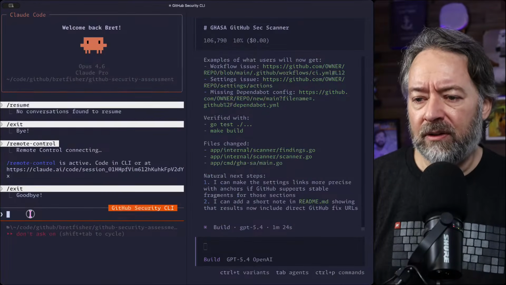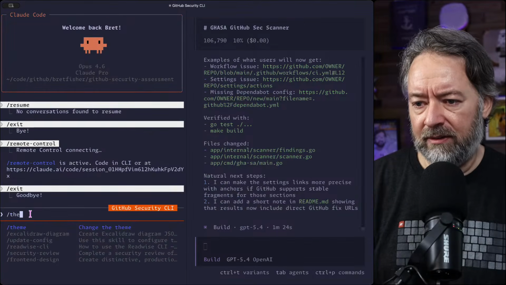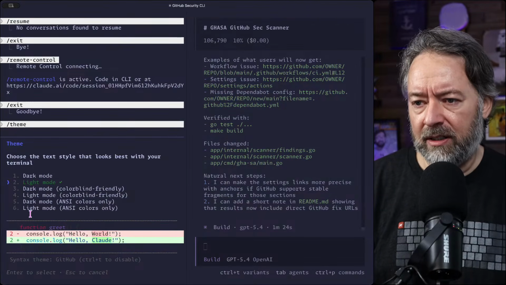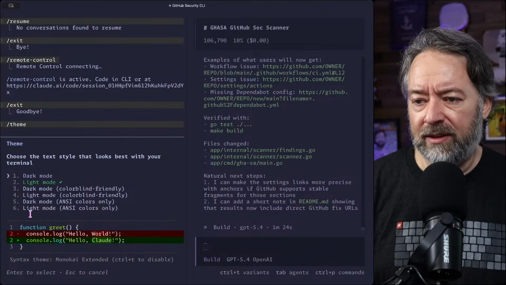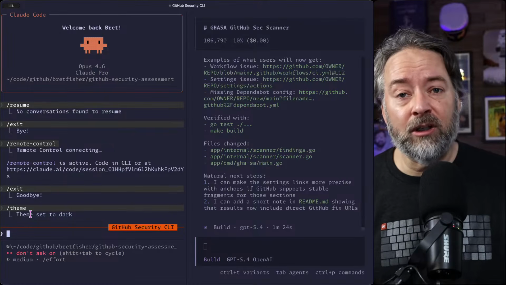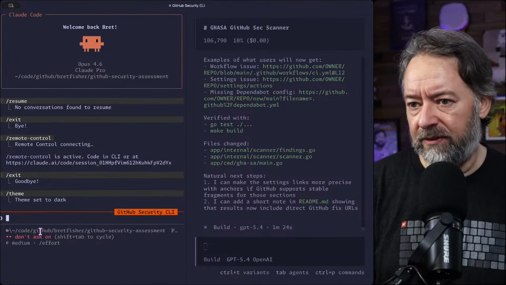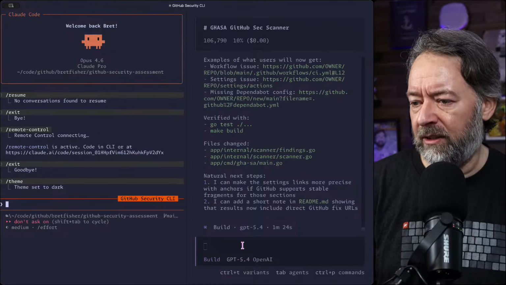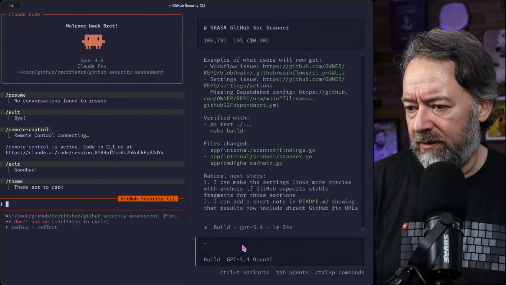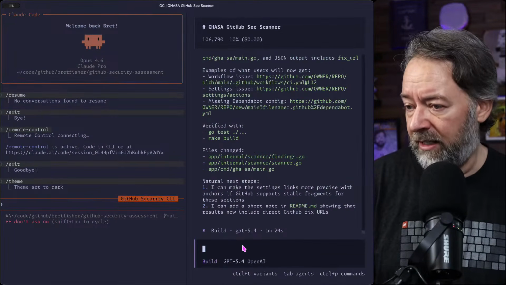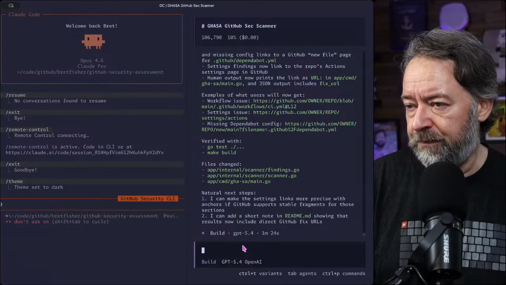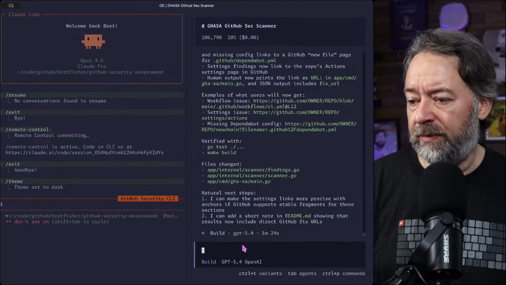I've got both of these over here. Actually, I just realized I need to change my theme back to dark. This is another annoying thing of Claude Code. I got Claude Code on the left, OpenCode on the right. But another annoying thing of Claude Code is that it doesn't automatically go light and dark, and the theme support, although I'm guessing, I don't actually know this, but I'm guessing you can add more themes. But themes in